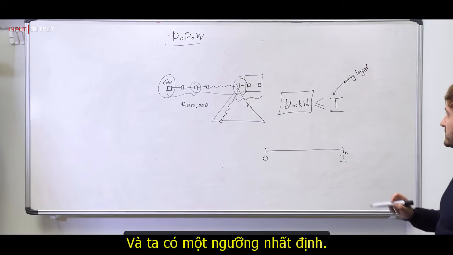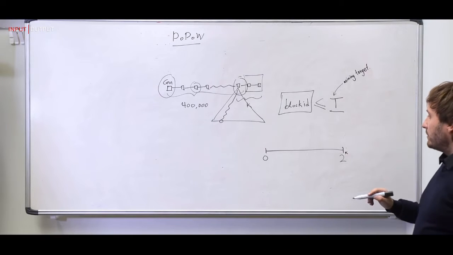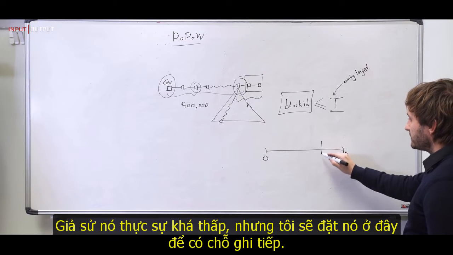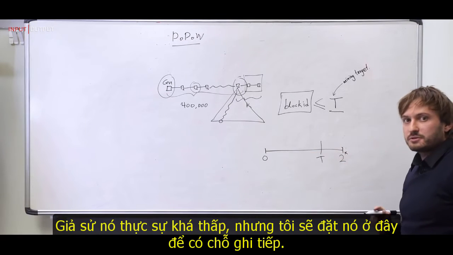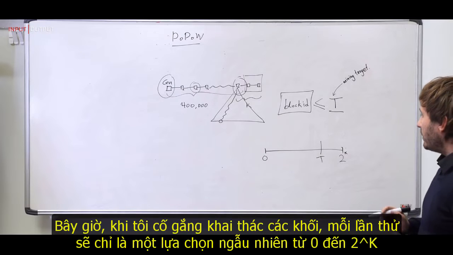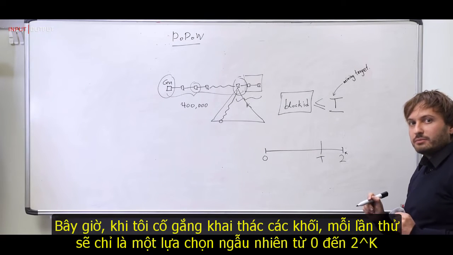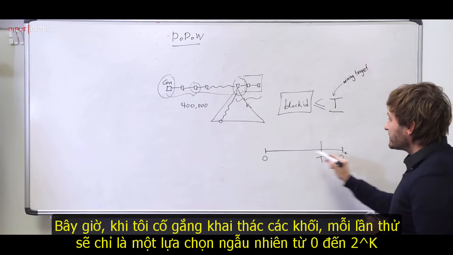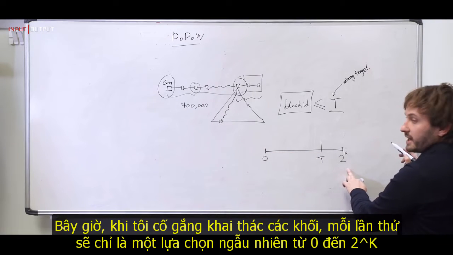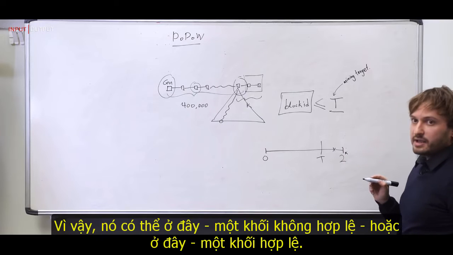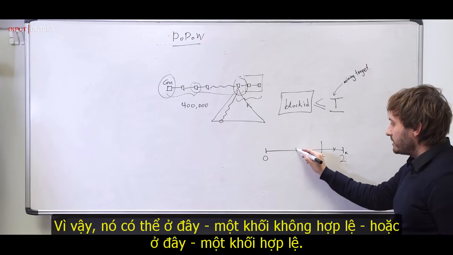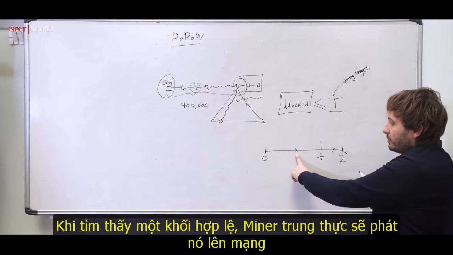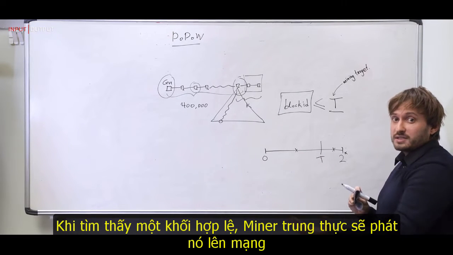Okay, and then there is a certain threshold. Let's say it's actually quite low, but I will put it here just for having some space. Now, when I attempt to mine blocks, each attempt will just be a random selection of numbers from 0 to 2 to the kappa. So it could end up here, which is an invalid block, or it could end up here, which is a valid block. Whenever I find a valid block, as an honest miner, I will broadcast it to the network,